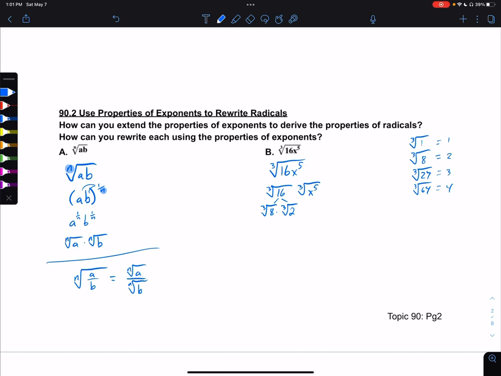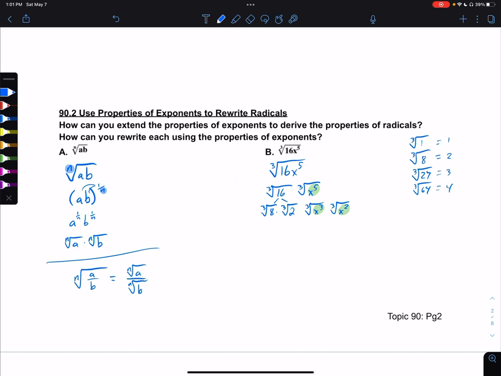Now, the cube root of x to the 5th. 5 is not divisible by 3, but what I'm looking at here is I have 5 x's. I can split these into separate groups. So I can create kind of a barrier here, and I can have a group of 3 of them and a group of 2 of them. So that's exactly what I'm going to do. I'm going to make a group of 3 and a group of 2. And the reason for that is this 3 is divisible by my index. So this x to the 5th is being split up into these two. You'll get the hang of it. It'll take a little bit of practice, but